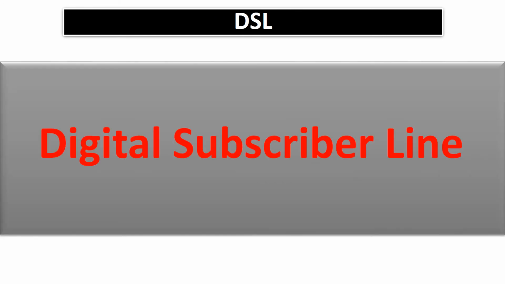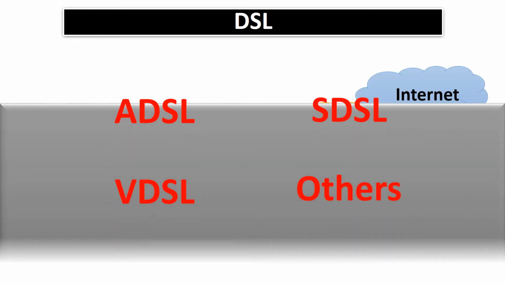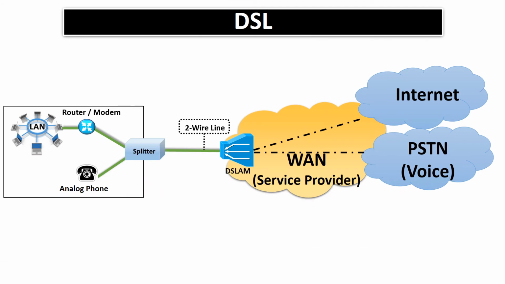DSL is abbreviation for Digital Subscriber Line. There are many flavors of DSL, namely ADSL, SDSL and VDSL among others. ADSL is the most commonly talked about flavor which provides both internet and voice services through a single two-wire pair